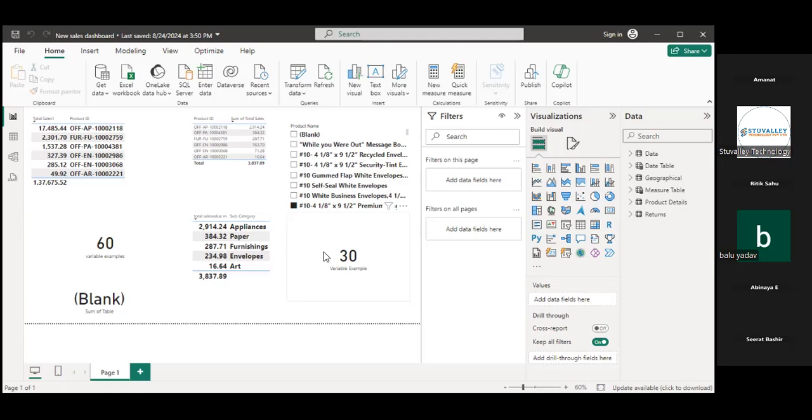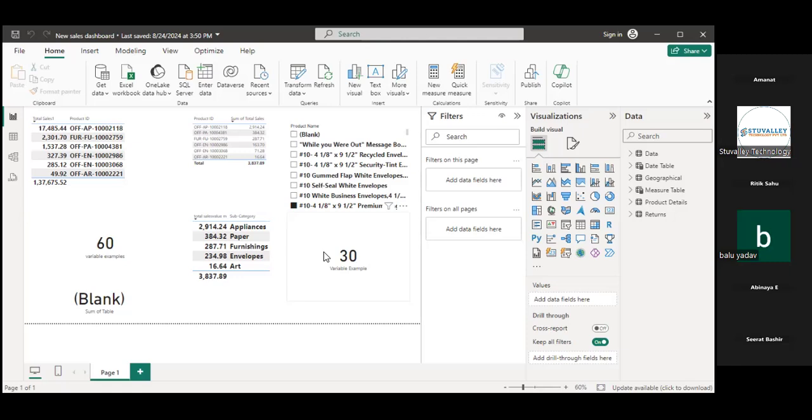Last year to this year, for example, what was our comparison between 2023 and 2024? They all come under time intelligence functions. So for time intelligence, what is our requirement? What is our need? We want one date column in our data.